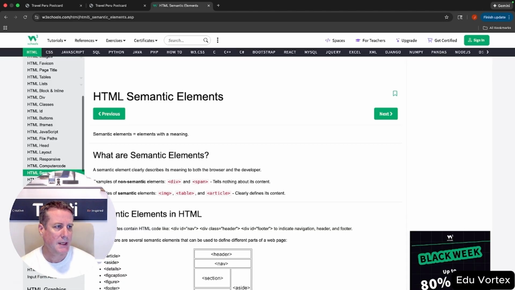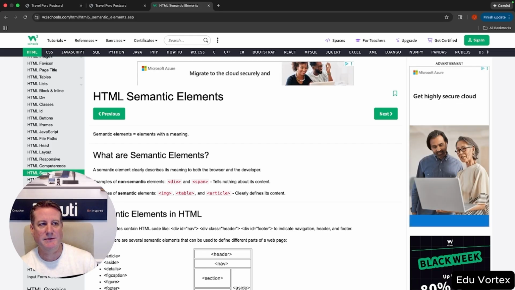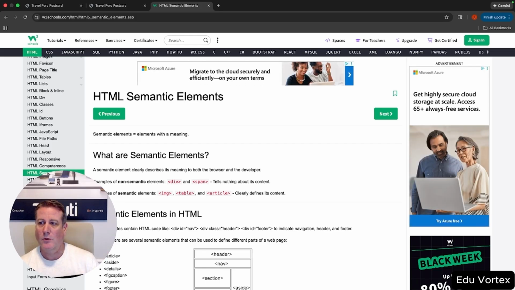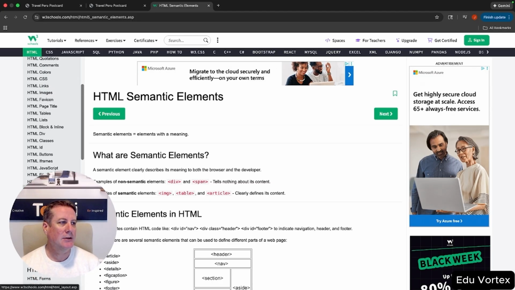So if we jump into that, this is going into HTML5 semantic elements, which are elements that are a little bit more descriptive about what they are. This came along more with HTML5. Standard HTML, kind of old school HTML, which still is widely used, you're going to find anything from